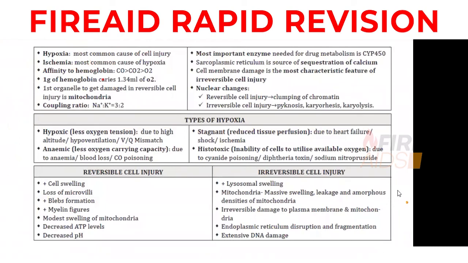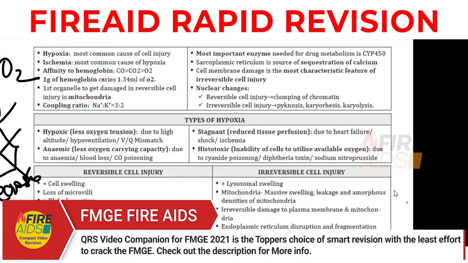So basically, when a cell gets less oxygen, less oxygen is delivered to the tissues. That is hypoxia, which causes ischemia. So then the tissue will start losing its life. The tissue can break down and cause something called necrosis or gangrene. For now, this is not important. All you need to know is that carbon monoxide has more affinity. The next thing we saw is that 1 gram of hemoglobin carries 1.34 ml of oxygen.